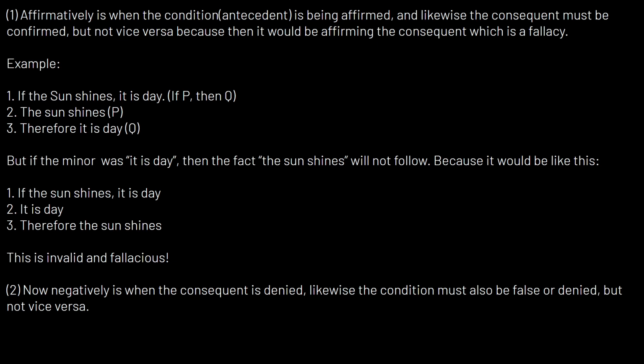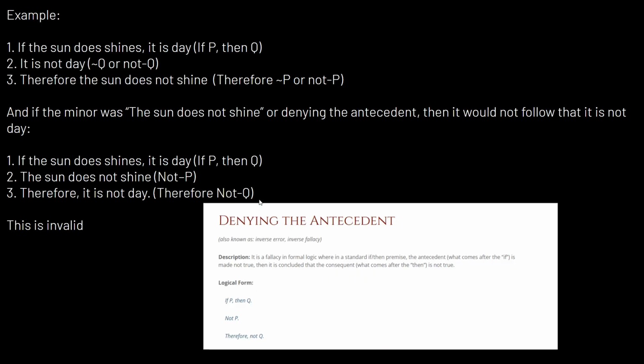And two, the second is negatively, right? And this is an application of modus tollens. This is when the consequent is denied, and likewise the condition has to be denied, or it must also be false, but not vice versa. So, for example, if I say, if the sun does shine, it is day, if P then Q,